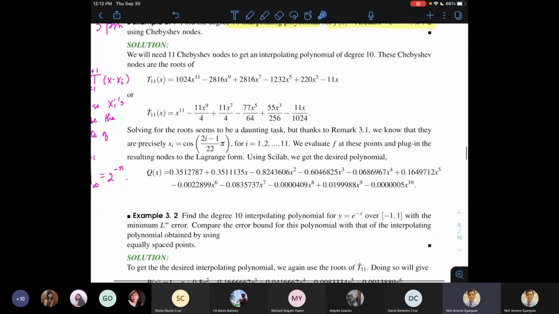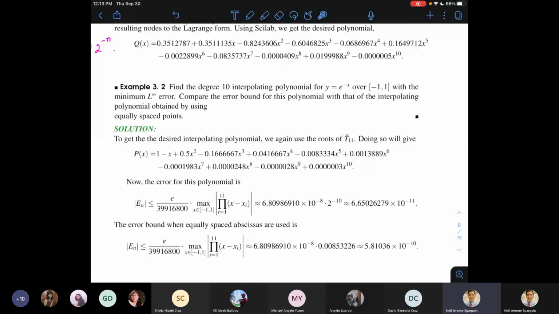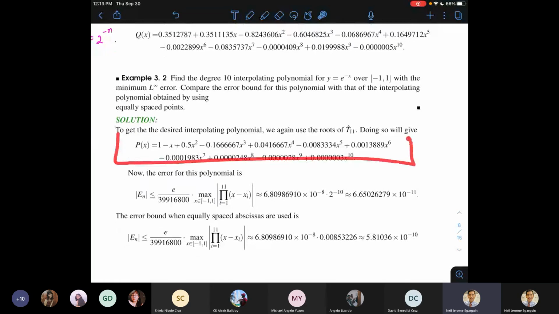Now, we can also find the error bound or find the theoretical error bound in interpolation. So sa example 3.2, yun yung ginawa niya. So you can try on your own and try to recover this interpolatory polynomial for e to the negative x over the interval -1 to 1. Okay. Pero yeah, hindi ko na siya ira-run dun sa Matlab. Kasi ang kailangan ko lang naman dito ay I want to emphasize how to get the error bound for this polynomial, error bound for this approximation.